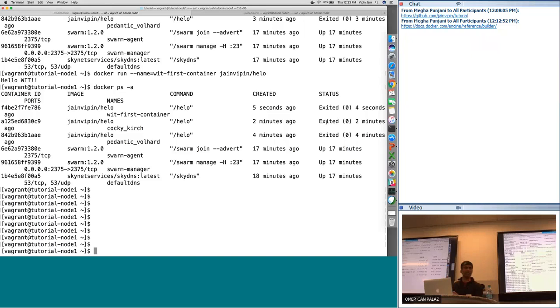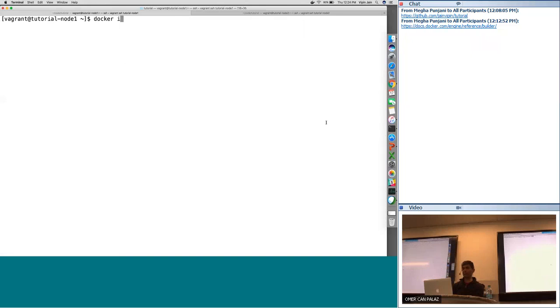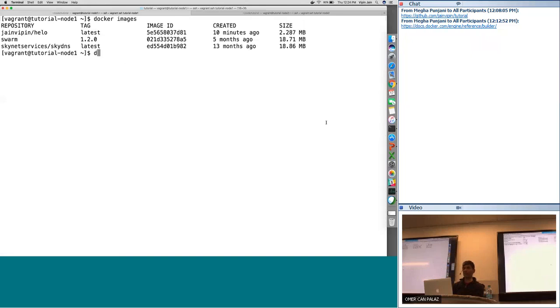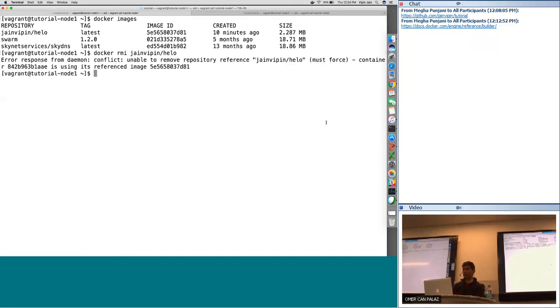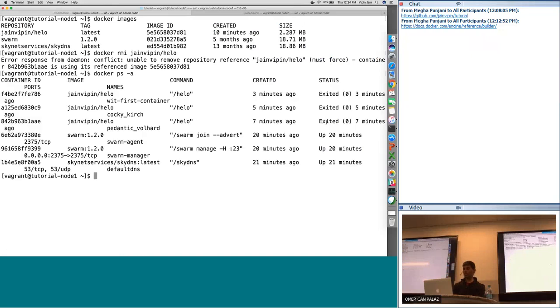I think what we were trying to do is remove the image and see if the place where we push the image, we can pull it down or not. For that, when we tried to remove the image, it complained that it had references to it. It says unable to remove that. That's because all these processes are using it.